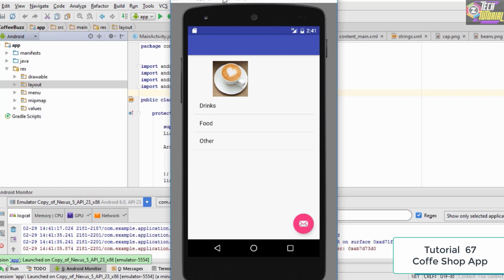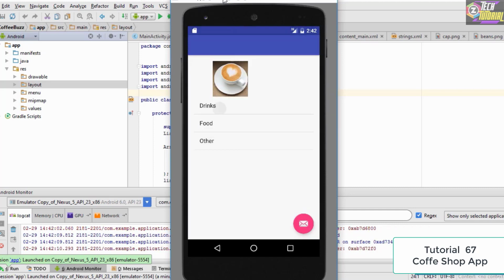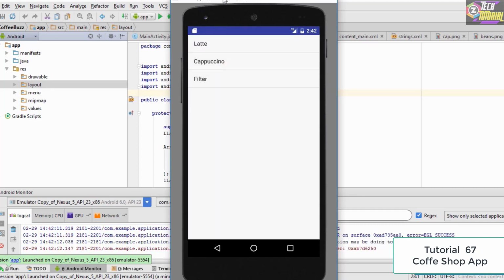But for the sake of understanding, we have taken an example of only one option. So if we click it, we will be presented with a list view here. So that's it for this tutorial, and I hope you guys understood how we switched from this activity right here to a new activity which is nothing but a list view. And we have also created this list view right here. So that's it for this tutorial, and in the next tutorial we are going to make these things functional, and